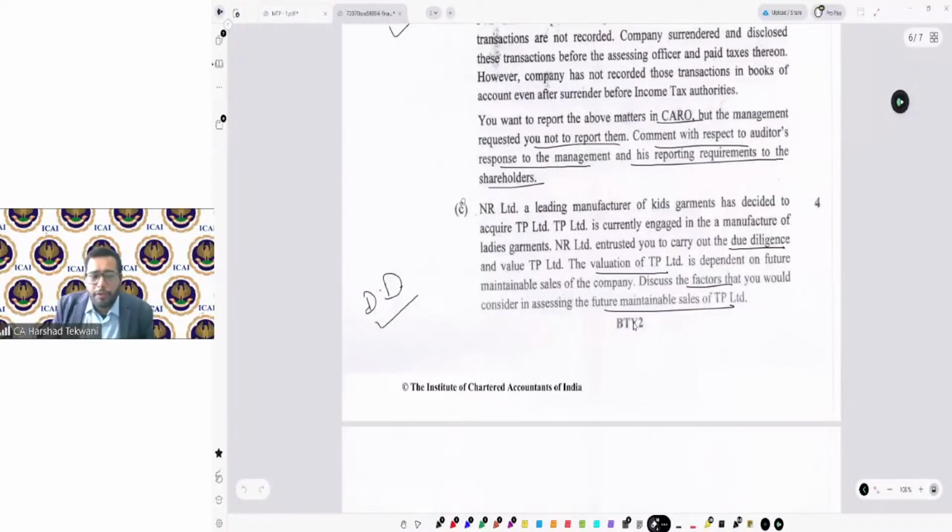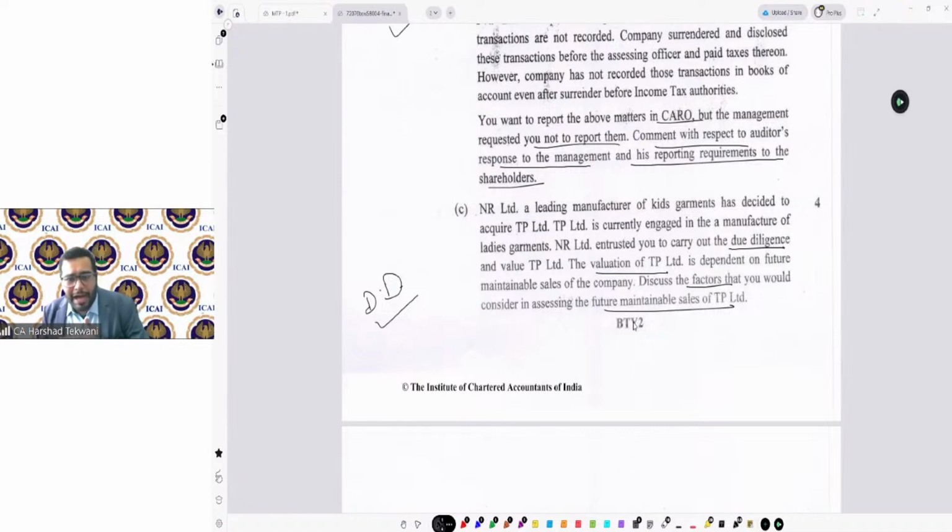Now, most of the students, when they are reading this question, they read, okay, manufacturing of garments entrusted you to carry out due diligence. So they fix in the mind, okay, due diligence, I need to write something about due diligence. The valuation of TP is dependent on future maintainable sales. Discuss the factors that you will consider in assessing the future maintainable sales of TP. But in a hurry,